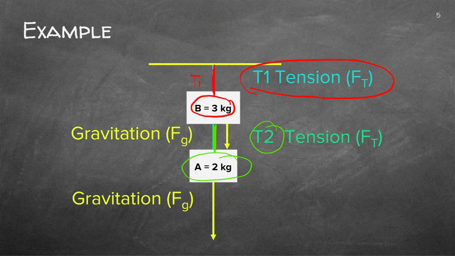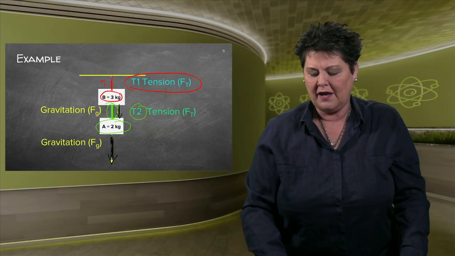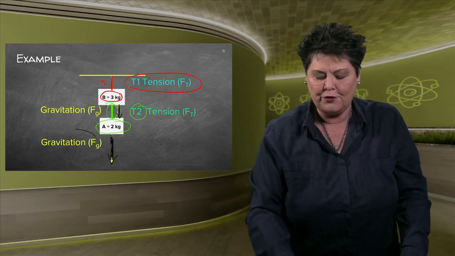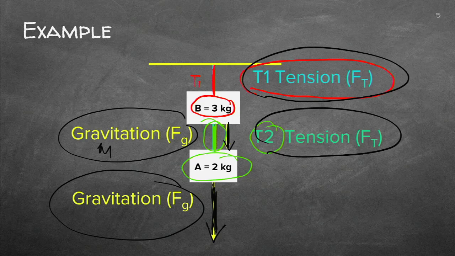Now remember, that will be strengthened. So the one will pull up and the other one down. But in this cable, the tension will be exactly the same. And then finally, please bear in mind that you've got gravity for the 2 kilogram as well as gravity for the 3 kilogram. So make sure that you understand what's been asked and what they actually give you. You always have gravity if you have the mass. And then you've got all the other forces which you need to identify.